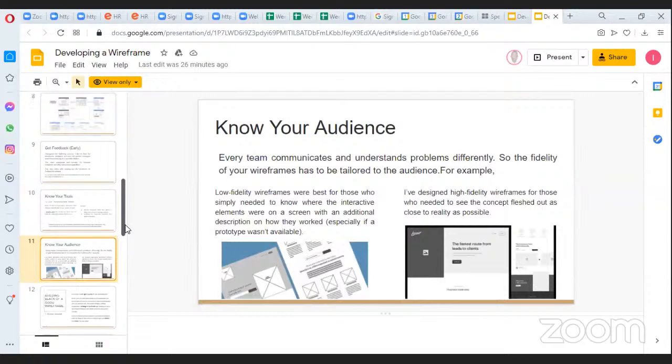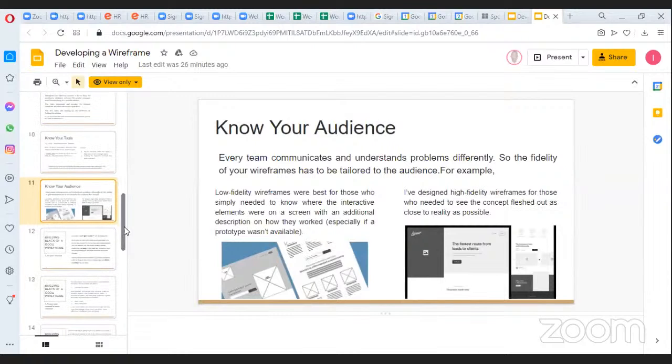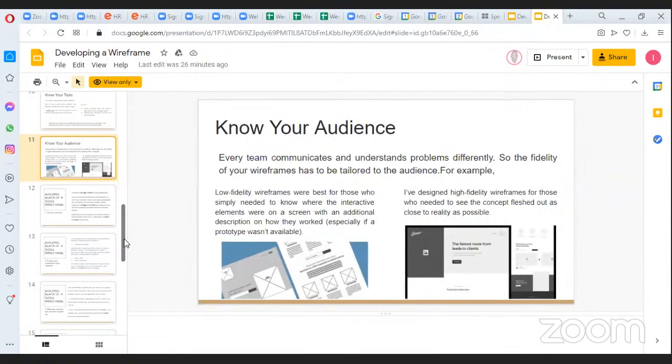So, know your words, know your audience. As I mentioned earlier, what you must take into consideration is: who is it meant for? Why are you designing this? So these are the audience. Now, in designing a wireframe, we have